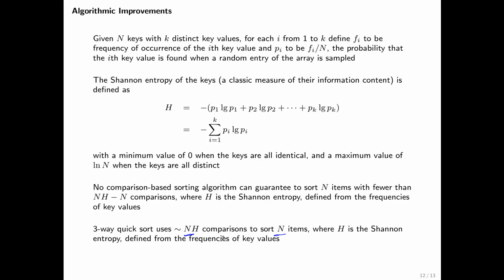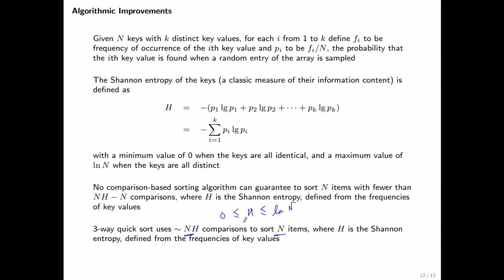And notice that H, since it is greater than or equal to 0 and less than or equal to log n, is very close to 0 when you have many duplicates in your input array, because that's what we said before. In that case, the running time of three-way quicksort is very close to linear,